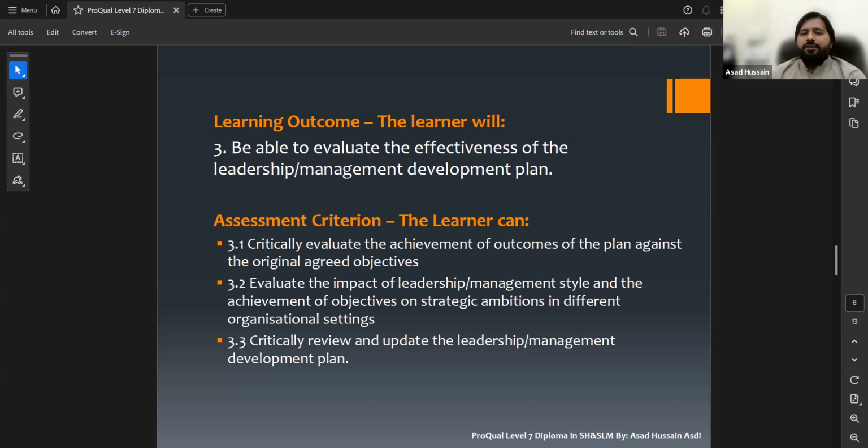And 3.3, critically review and update the leadership management development plan. Now, it is important that if things are going well, then that's fine. But still, there are two things.